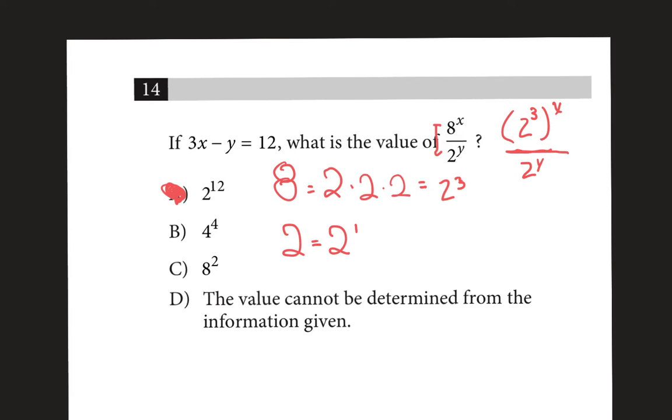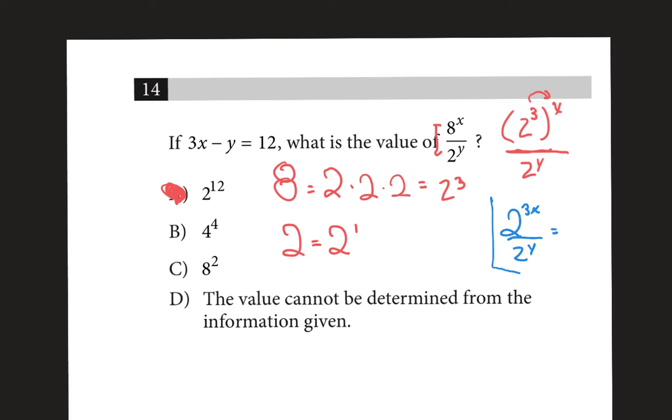Now, this is where your rules of exponents come into play. So you should know that whenever there's parentheses, you can multiply the exponents. And so that gets rewritten, we will rewrite it as 2 to the 3x over 2 to the y. From there, what do I know? Whenever you divide exponents and they have the same base,